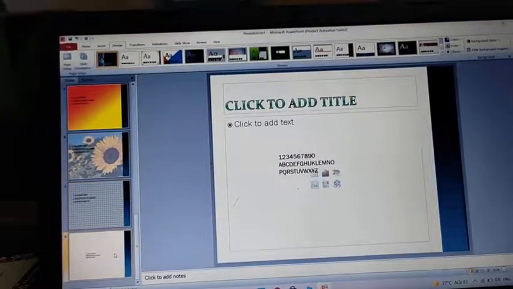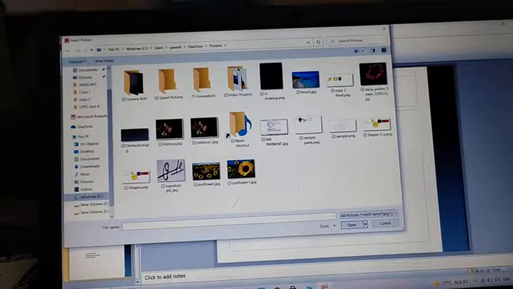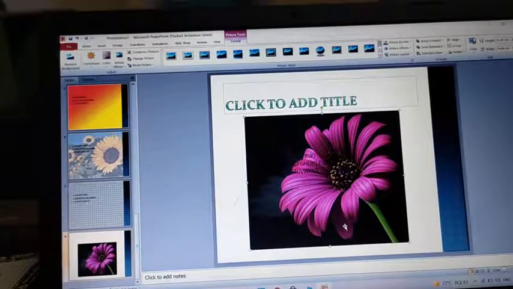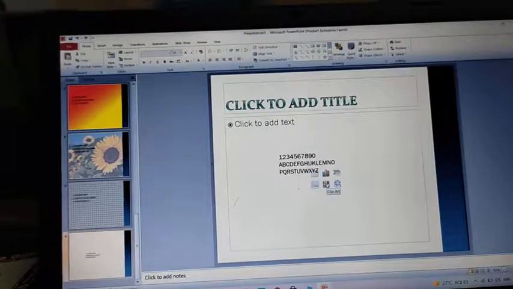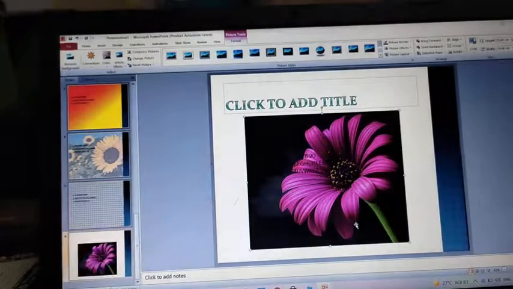Next slide we will see inserting picture from file. There are two ways to do that. One is from insert tab. Insert means कुछ भी ऐड करना, तो जो भी ऐड करना होता है, for that we have to go to insert tab, select on picture, and I can select any picture that I want to insert. Here is the picture. Or one more way is to add a picture from here only. Insert picture and just click here and select the picture. Insert tab comes, select the picture you want. This is the way to insert a picture.